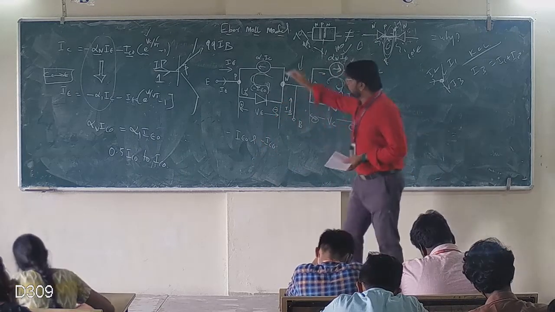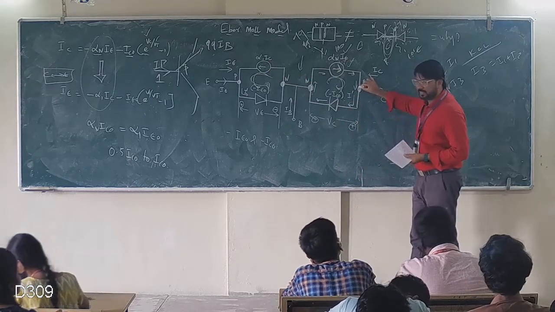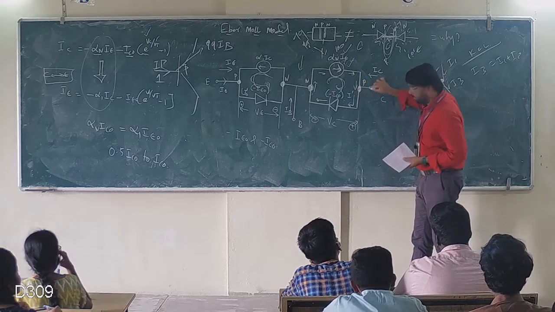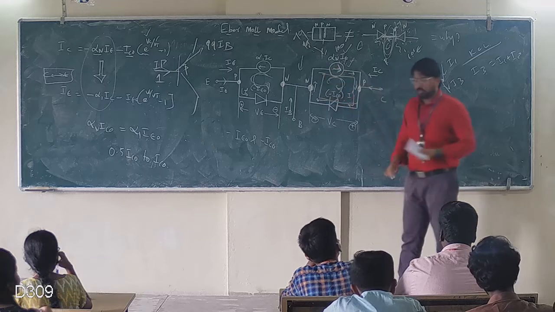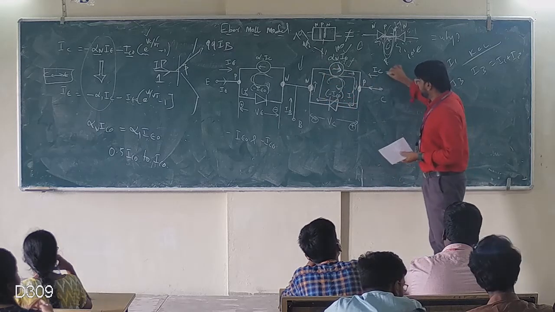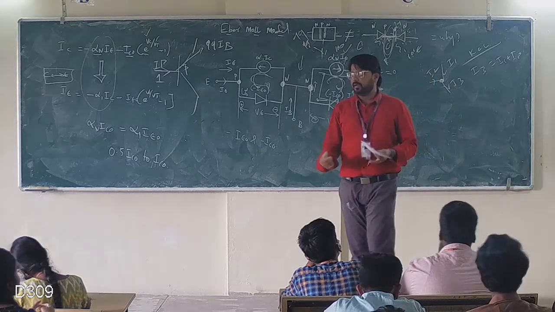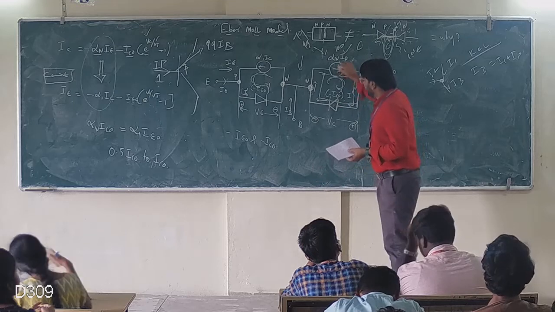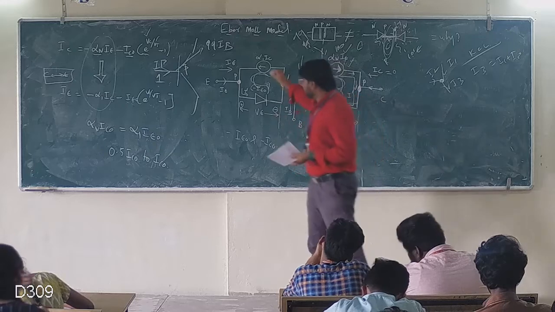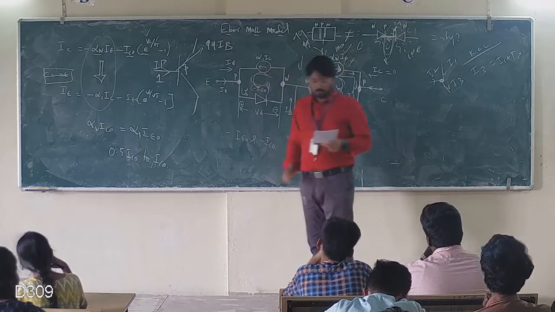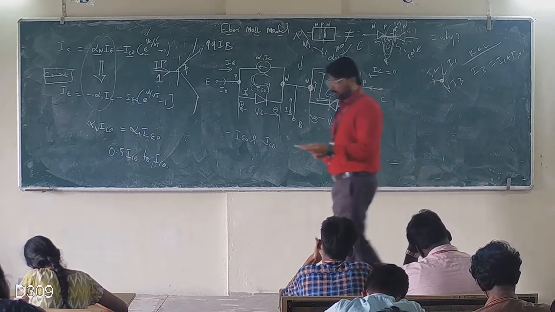Look here, why dependent? Listen, all of you. IC is the current entering. So if IC is equal to 0, then the source current is also equal to 0. Why am I saying dependent? It is a current source, but it depends on IC. Again, it is a current source that depends on IE. There are two dependent current controlled current sources,